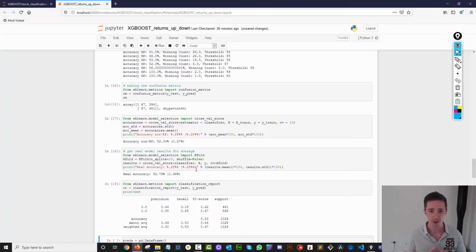So running this through what's called k-fold cross validation, so just chopping this up into 10 different ways, I can confirm that we have a 53% accuracy, i.e. we were able to predict this with 53% accuracy, which really is zero edge. Now, a lot of you might be saying, well, that could be a 1% or 2% edge. First of all, it has a standard deviation of 1.96, meaning that it might actually just be 51%, or, best case, you're looking at 55%. So really take that with a grain of salt. But either way, that is 53%.